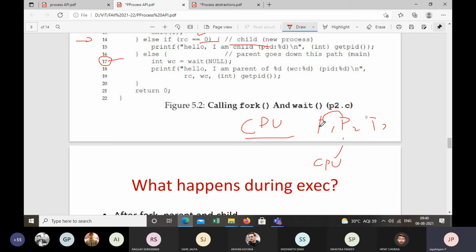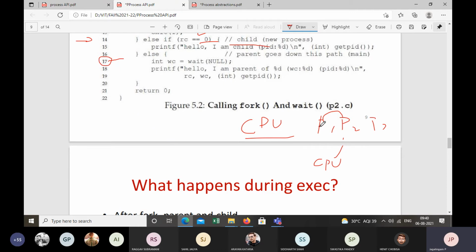So the operating system may terminate it while P2 is executing. P2 will not be aware that P1 was terminated by the operating system because of misbehaving. Under this situation, someone needs to clean up the child process.